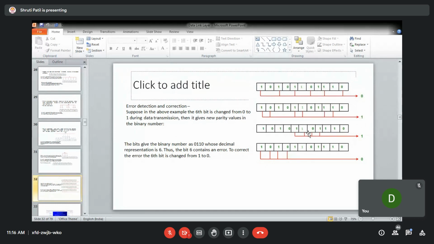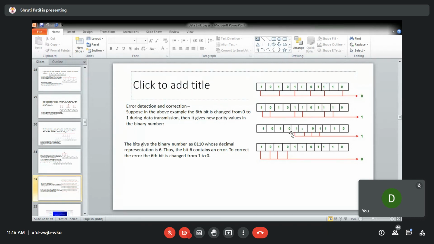Now in the next R4 position also, you can see this is 1, this is 1, and this is also 1. So when you calculate the parity, this should be 1. Actually, when you calculate, this should have been 0. But R4 is received as 1. So there is some error.